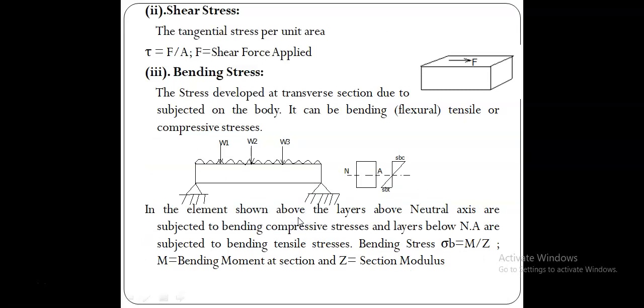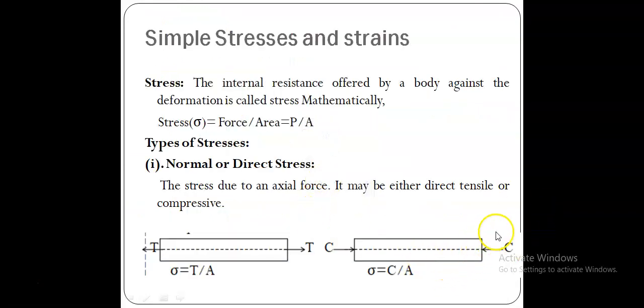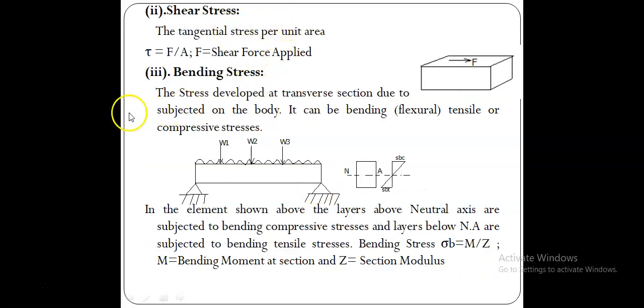It is also called axial stresses. Next, shear stress. This axial stress is calculated perpendicular to the plane. That's why it is normal stress. Suppose there is a plane, so this normal force is acting perpendicular to that plane, whereas this shear stress is parallel to that plane, or it is acting tangentially on the plane surface. That's why it is called tangential stress.